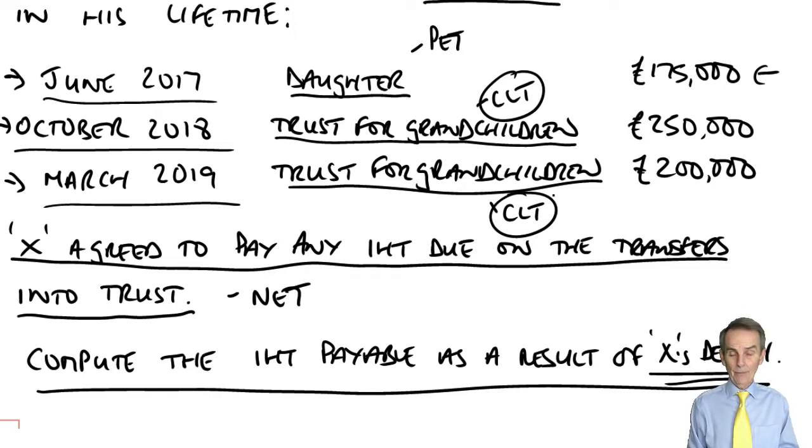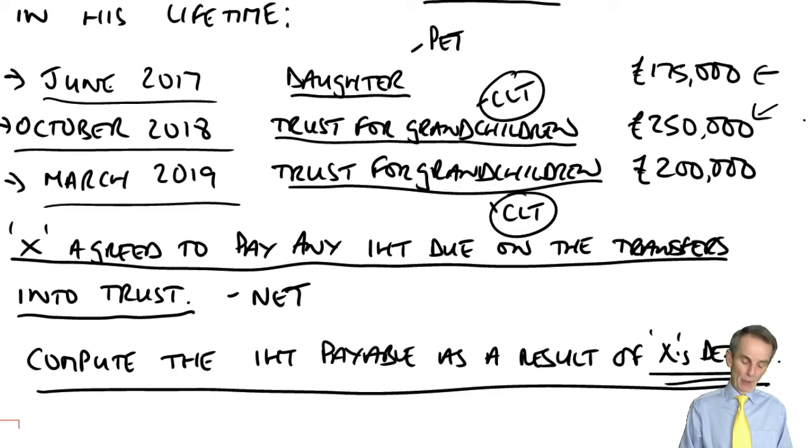So although it's only explicitly asked for 2 computations, lifetime chargeable on death and chargeable estate at death, implicitly we've also got to do the lifetime transfers chargeable when made computation. Now we know what we have got in relation to that. We have 2 transfers, the first of which